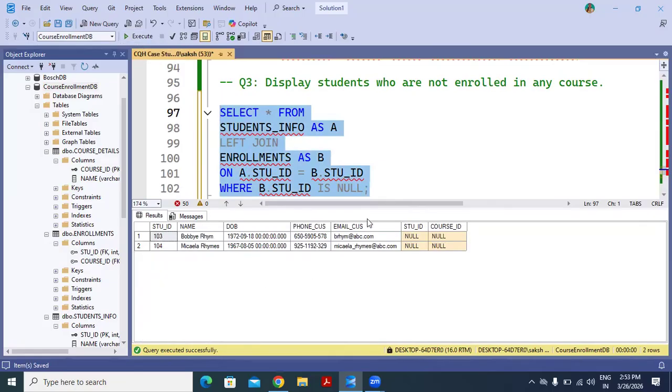Yes. So these are the student details who are not enrolled with any course, but we don't want these columns. We need these details. So we can write it as what we want to display, the details of this table. So we may write A star and none from table B. So yes, this is the final output what we want.